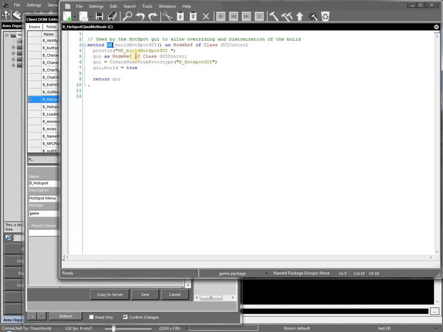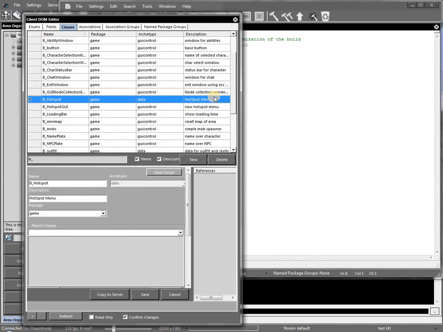Here we start with GUI's node ref of GUI control, and we'll say GUI equals create node for prototype B hotspot GUI. It's our GUI that's being made. GUI build equals true, and we'll return that GUI to say that this is now our new GUI that we're going to use. Next, we're going to create